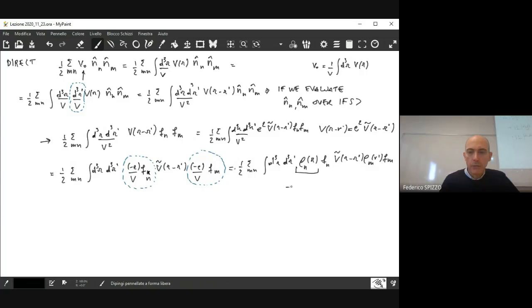was written to be equal to minus e times the square modulus of the wave function corresponding to the level. So here we have minus e times the square modulus of the wave function corresponding to a level m. So since the square modulus is the conjugate times the non-conjugate value of the wave function, if we expand the square modulus and we group all the parts that are conjugated on one side and all the parts that are not conjugated on the other side, what we have is